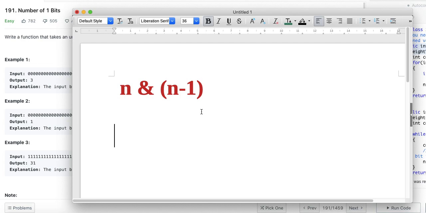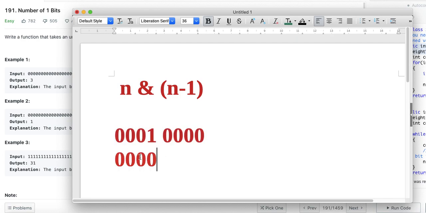Let's take an example and see what happens. Say I have 0 1 0 0 0. If I subtract 1 from this, it will be this. You can do this math, I mean carry and do this and check.